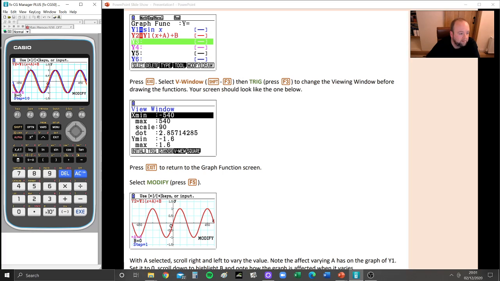So let's have a look at what happened with B. I'm going to change A back to 0, so I've got it highlighted again and just type in the 0 straight away, and EXE. And then we're going to have a look at changing B. Now again, I want to go back to small steps on this just in case. So I'm going to change the step by having it highlighted, type in 1 and EXE, and then scroll back